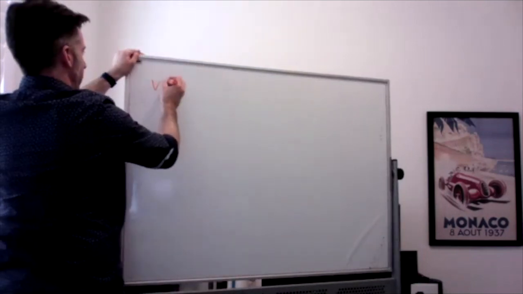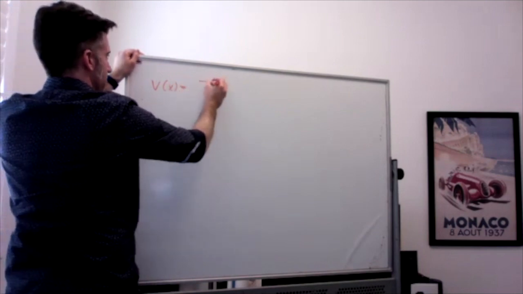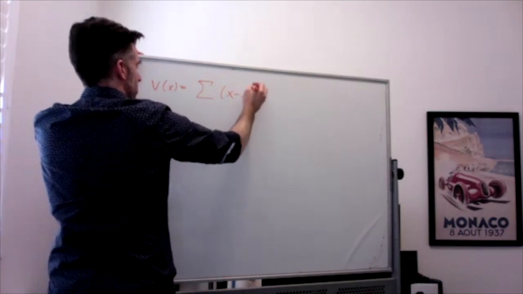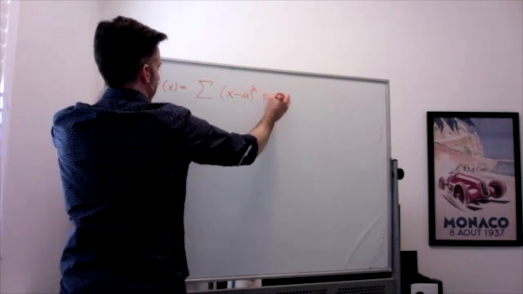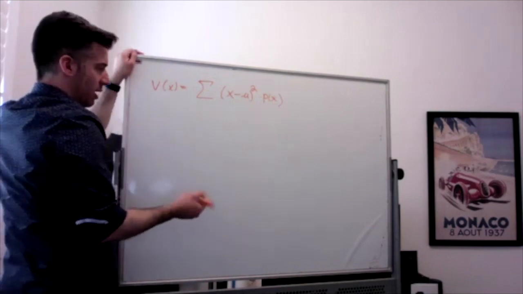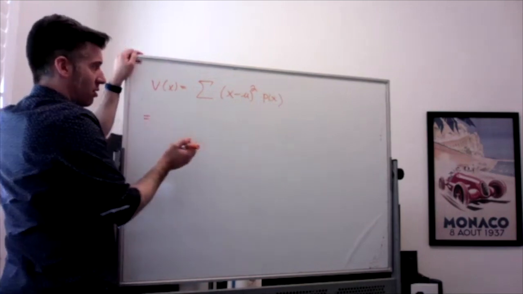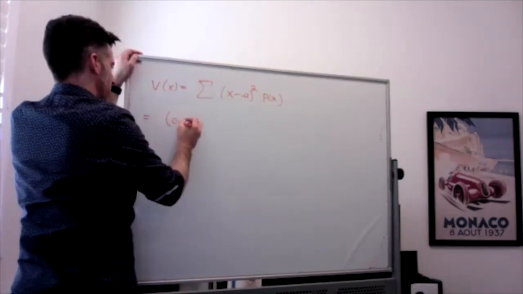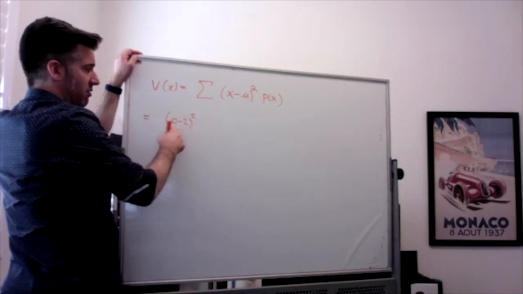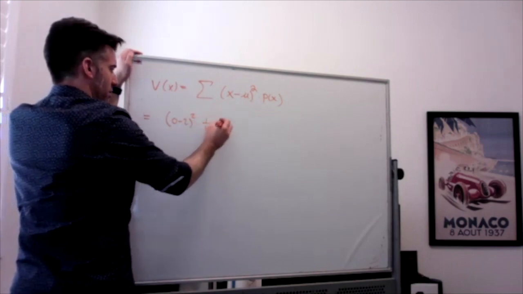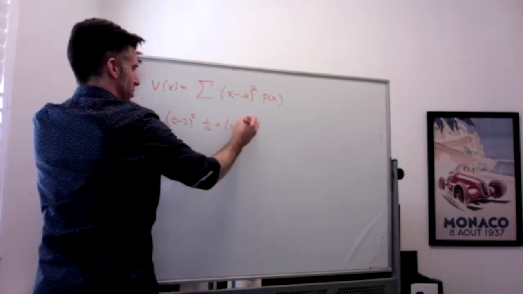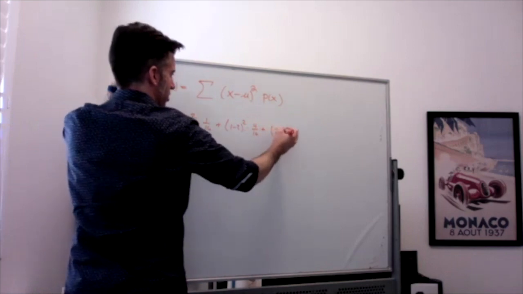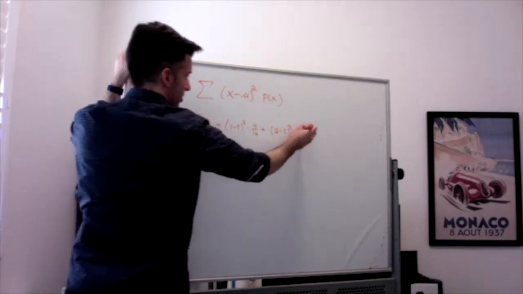So the variance of x here is going to be, again, the sum of the x values minus the mean, squared, times the probability of that x value. Again, I'm just going to write it. So my x values were 0, 1, 2, 3, and 4. My mean is 2. So it's going to be 0 minus 2 squared times the probability of a 0, which was 1/16, plus 1 minus 2 squared times the probability of a 1, which was 4/16, plus 2 minus 2 squared times the probability of a 2, which is 6/16,